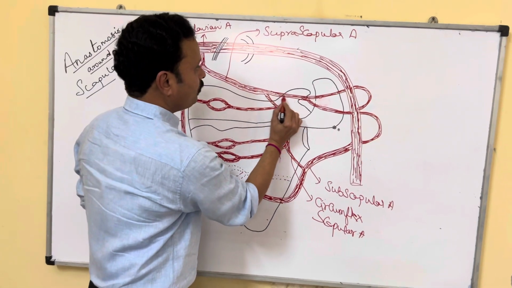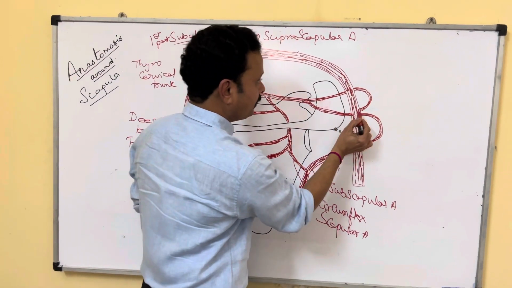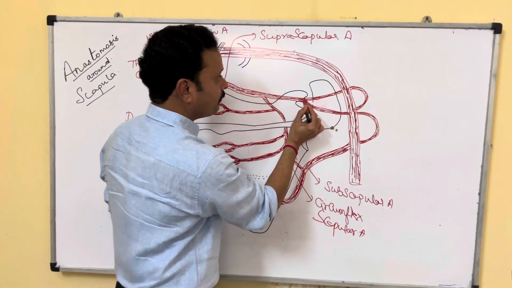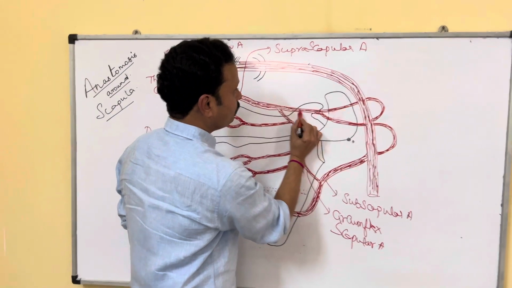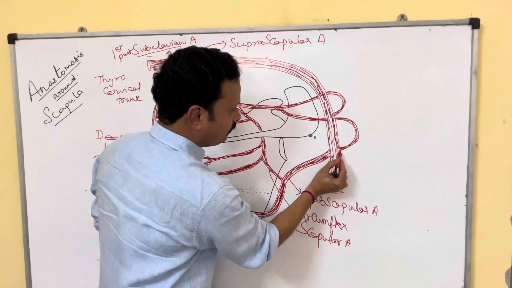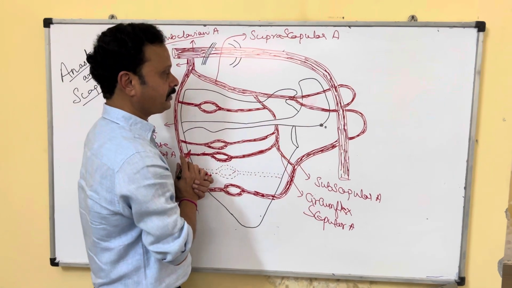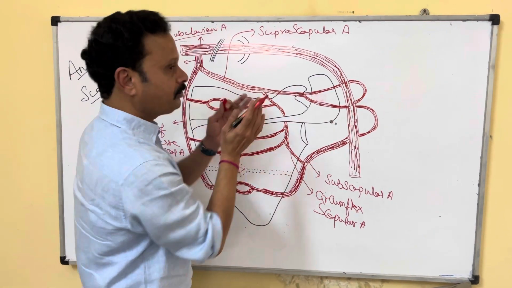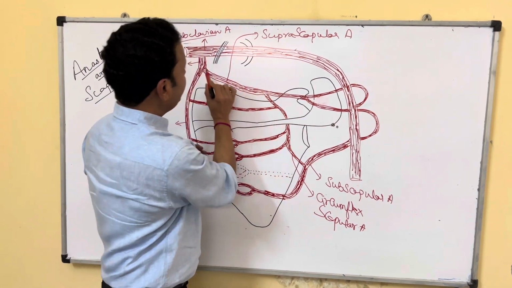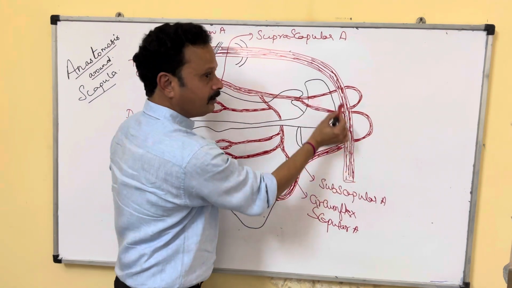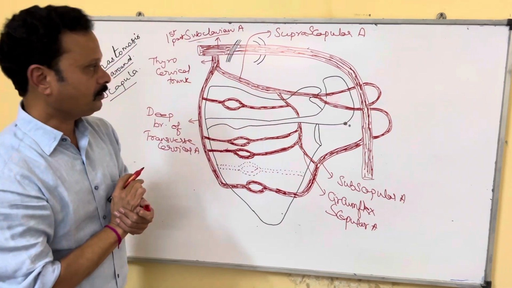Here, this is the suprascapular artery, the acromial branch of the suprascapular artery is anastomosing with the thoracoacromial artery of the axillary artery. Similarly, the acromial branch of the suprascapular artery is anastomosing with the posterior circumflex humeral artery, a branch of the third part of the axillary artery. So over the acromion process, you see anastomosis existing between the subclavian artery through the acromial branch of the suprascapular artery and the axillary artery through the thoracoacromial artery and posterior circumflex humeral artery.